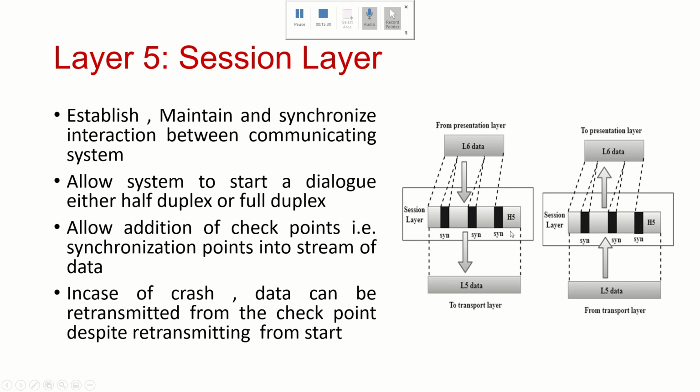at the receiver side. Each bit of data, and then a synchronization bit, again a bit of data, then a synchronization bit. Like this, various synchronization bits have been introduced into the data by the session layer. These are also known as the checkpoints or the synchronization points. These are added at the session layer, and it helps in starting the dialogue communication between the sender and the receiver side. In case of any crash of data, that means that if the data is sent from the sender